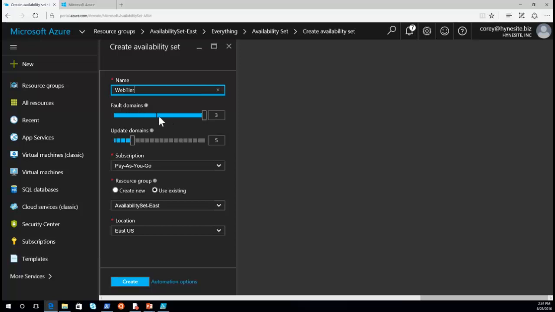One of them is the number of fault domains. And again, remember, the number of fault domains you can think of as the number of racks that all the objects that are assigned to this availability set are going to be spread over. So if I spin up 3 web servers, if I have 3 fault domains, I know they're each going to be physically separated. So something like a power failure or an equipment failure is only going to affect one of